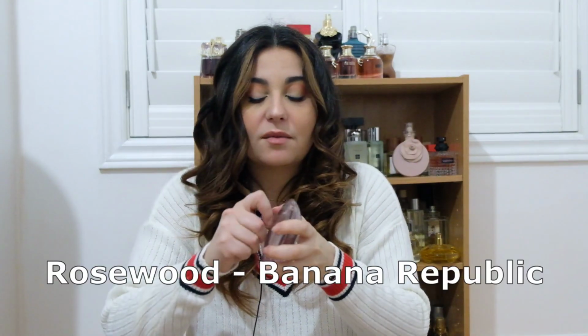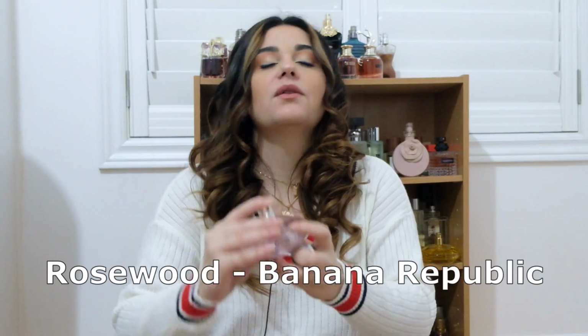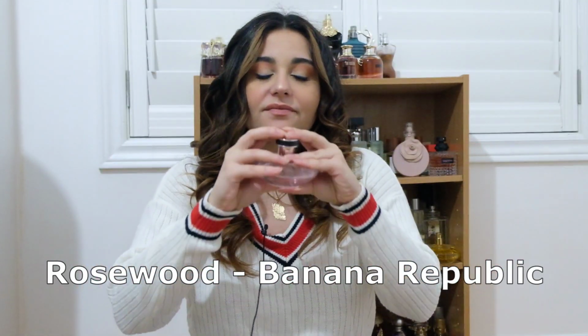And finally, the last one, such an underrated fragrance in my collection, Rosewood by Banana Republic. Ever since I picked it up and loved it upon first sniff, I have not been wearing or reaching for it enough. I love it. I absolutely love this scent. All thanks to the hype on YouTube that I actually finally picked it up, and it's not getting enough love from me. So I will actually be wearing this